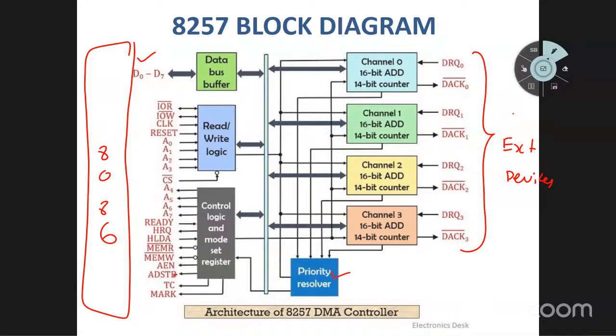Priority resolver, based on that priority, will communicate with the devices. Here, more chips are there, and more devices are connected. Priority resolver. Here, this priority resolver has two priorities: fixed priority,